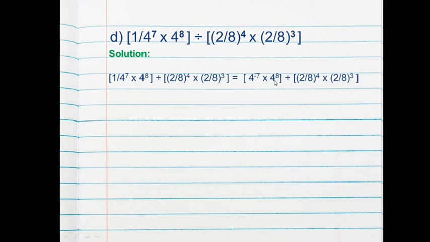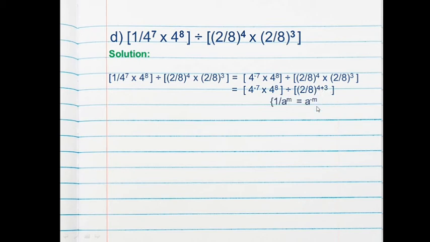And here also multiplication is given, and we have the bases as equal, so we are going to add the exponents as multiplication is given. Okay, so here we will write 4 raised to the power minus 7 into 4 raised to the power 8 divided by 2 by 8 whole raised to the power 4 plus 2. So here we have done the division of the exponent according to the law.